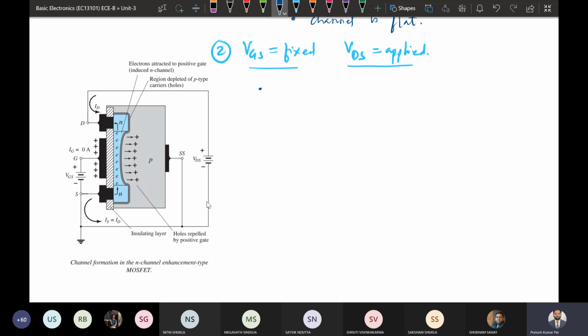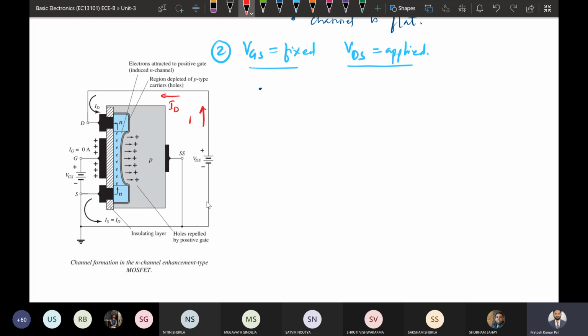So this positive voltage will be attracting the electrons available in this channel region because of the application of gate to source voltage. So electrons will be attracted, and the electron movement will be taking place along this arrow. Opposite to the electron movement is the current direction, so the current direction will be this way. This is the direction of current,